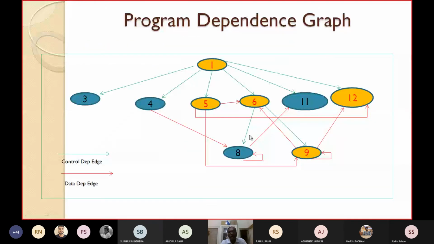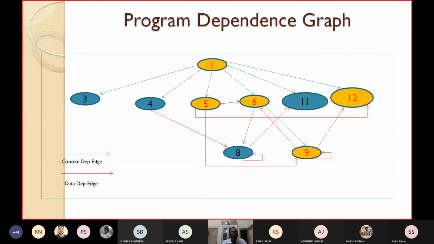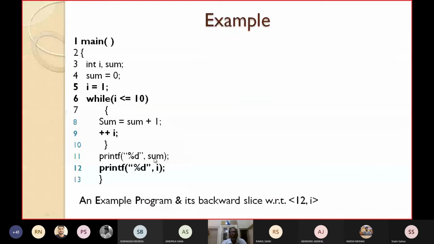And what are the other data dependencies you can see? The sum value in printf sum will be coming from 8. And similarly, printf of I, where will it get the value? It will get the value from 9. So there will be an edge from 8 to 11 as well as 9 to 12.